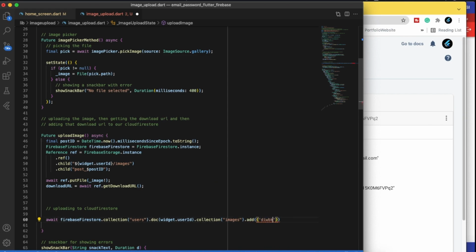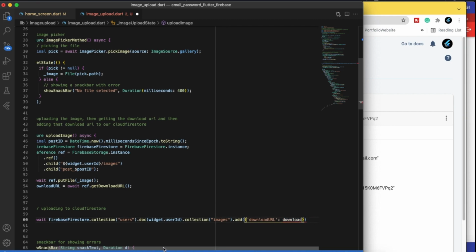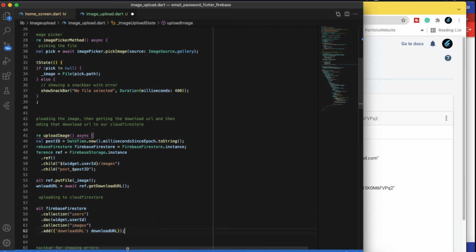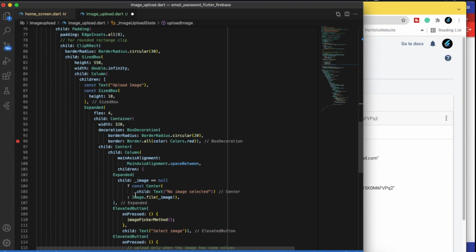I'll just show you how this looks. Just give me a second for doing this. We'll write add download URL. This will be the download URL value that we created above, or that we were printing in our terminal. I will just close this. I guess there is, okay, my PC hanged. Okay, perfect.